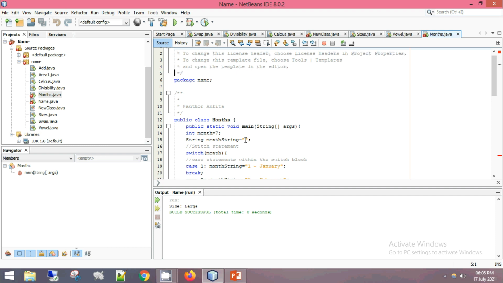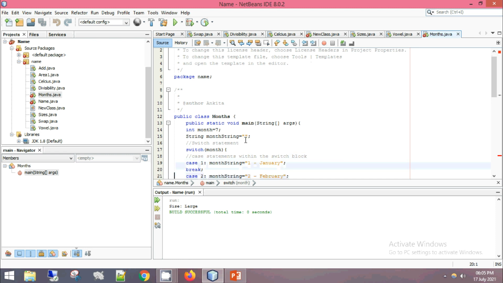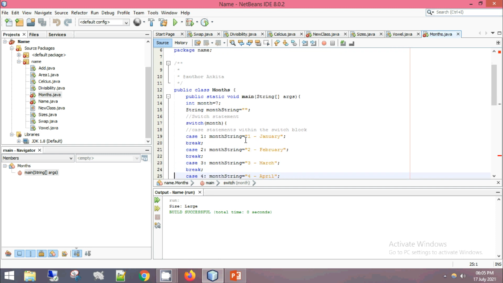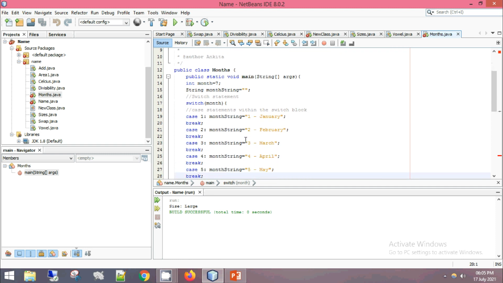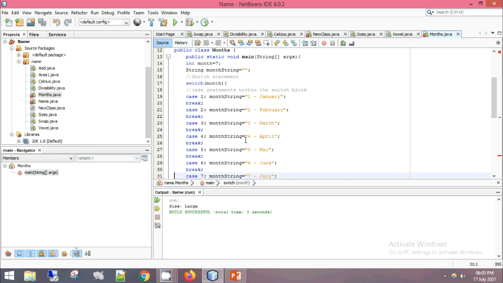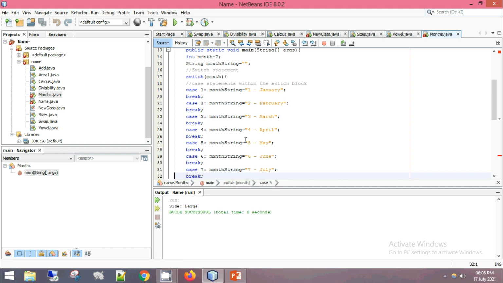Now again over here you can see switch month. This 7, if it matches, now case value 1, this will not match because 1 is not matching with 7. It will come down to case 2, case 3, case 4, 5, 6, 7. 7 will come and it will print in double quotes 7 is equal to July, right?